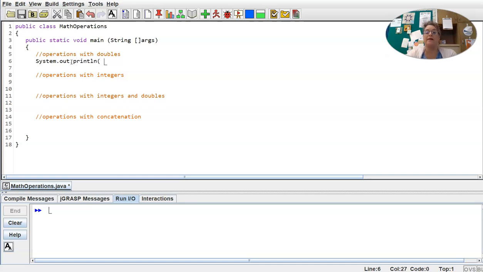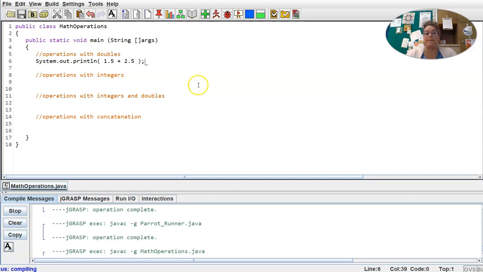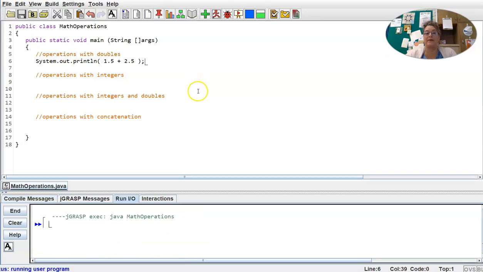System.out.println, and let's go ahead and do addition with doubles. So if we take 1.5 and we add 2.5 to it, let's see what happens. So we'll go ahead and run. Okay, and our answer is what we would expect, 4, but when we add a double plus a double, the